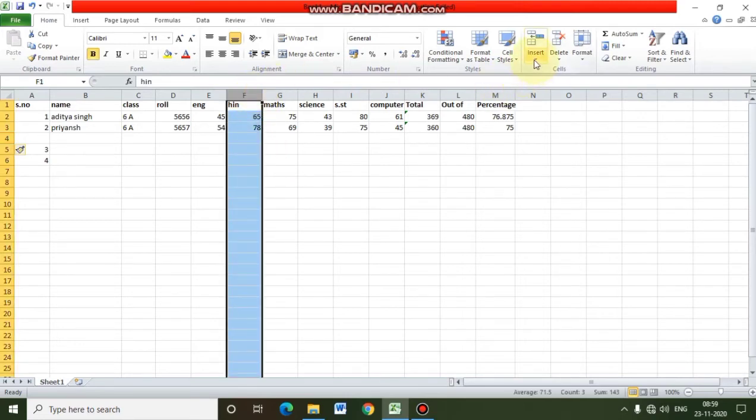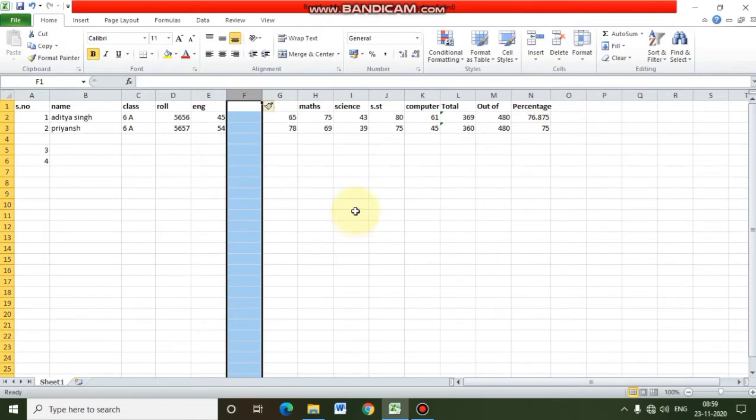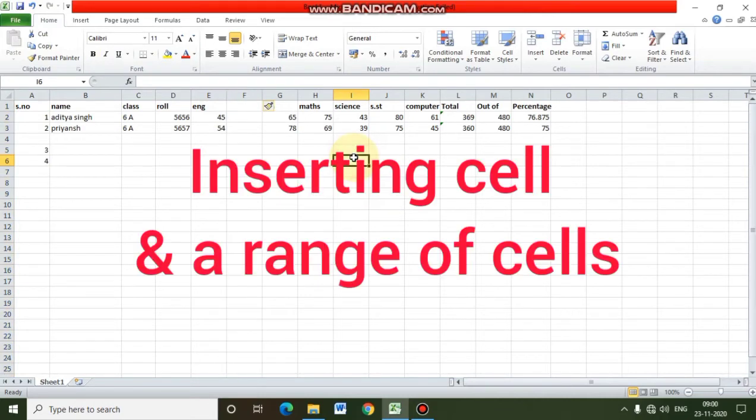First we will select the whole column, then we will click on insert, and then we will select insert sheet column. So this is how it works. Let's see the next thing which I am going to tell you.